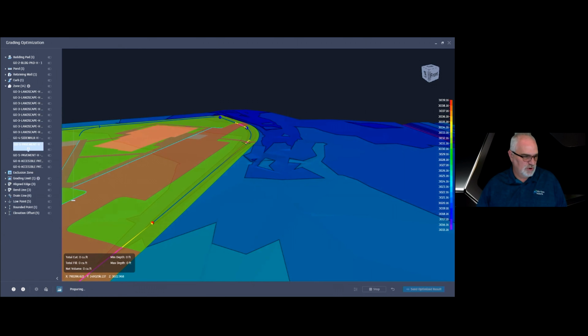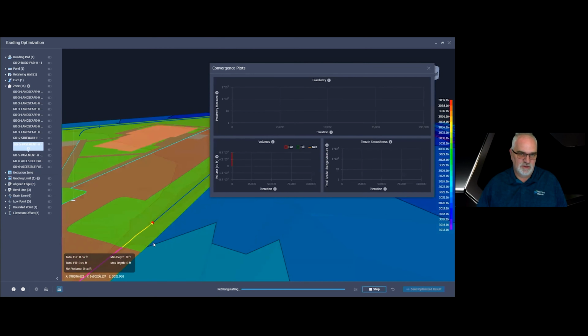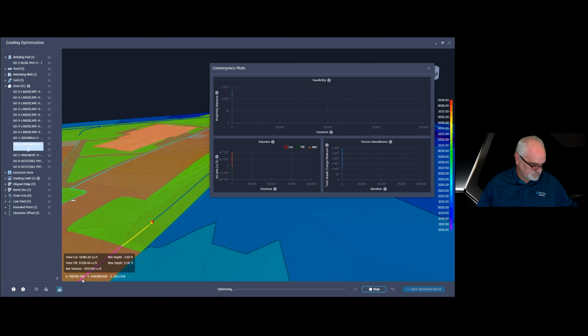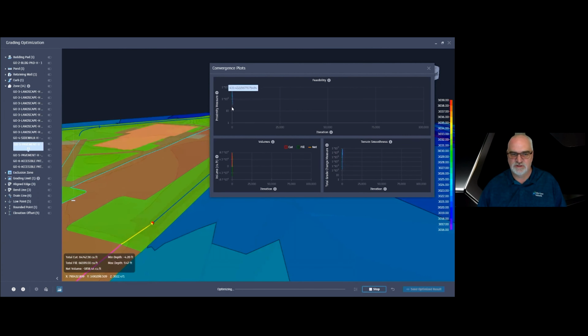But as you're working with it, down here on the optimization toolbar, you're going to find that there's the convergence plot that shows you the proximity measurements. So this is an iteration. I've got it set to 100,000 iterations.